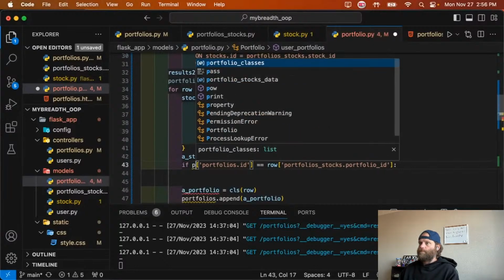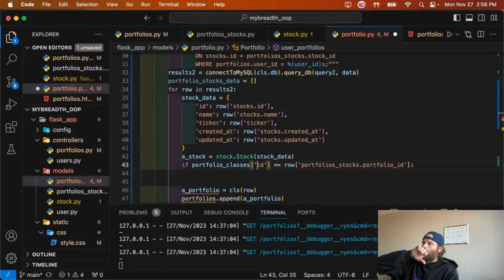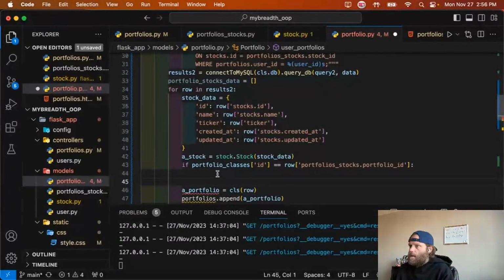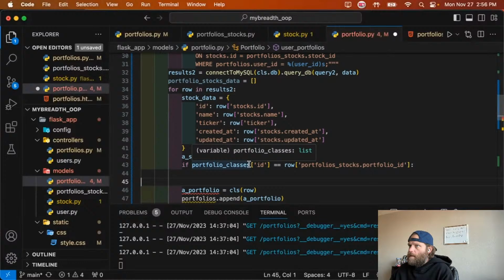Yes. All right, so 789, if portfolios classes ID equals now the row data with the join table, portfolio ID, then